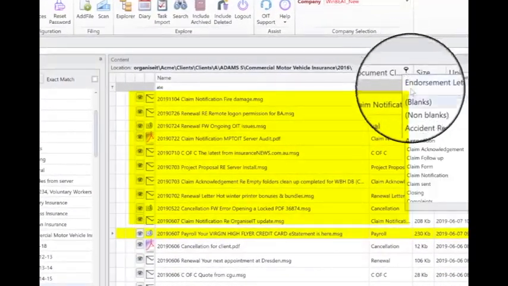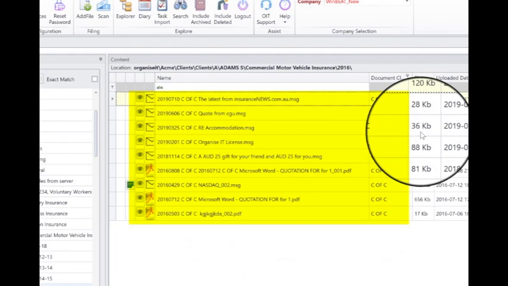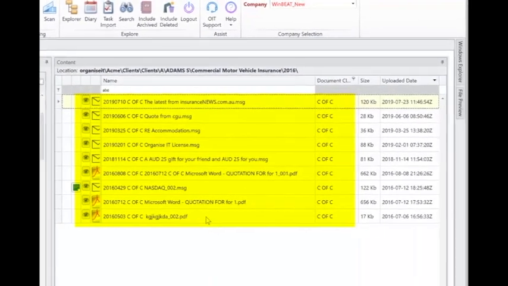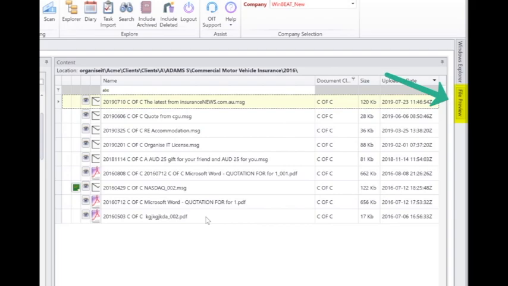So now in document class over here, you can go here, CFC, and you'll get all your CFCs that come up that are in that folder. So it's very easy to categorize and do things like that. But the next new thing, which is really good that we've been after for a long time,